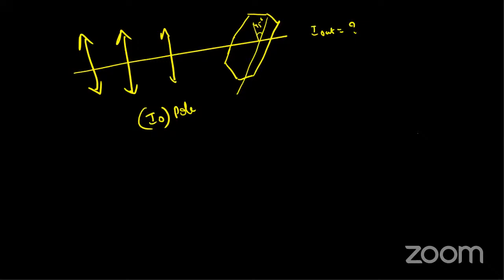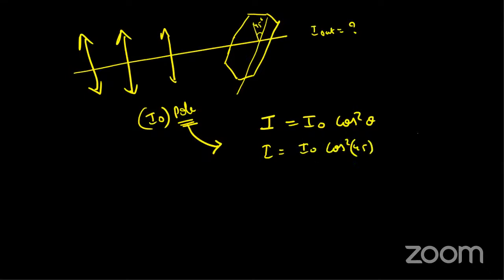Yeah, again same, right? That's correct, Gunashri. So we have to use Malus's law because it is a polarized light. Since the incoming input is a polarized light, I'll use Malus's law. I is equal to I naught cos square theta. Incoming is I naught, and the angle is 45 degrees. What is cos 45? Cos 45 is 1 by root 2, and if I square 1 by root 2, I get 1 by 2. Therefore, I is equal to I naught by 2. Completely right. That's correct, Nikita.